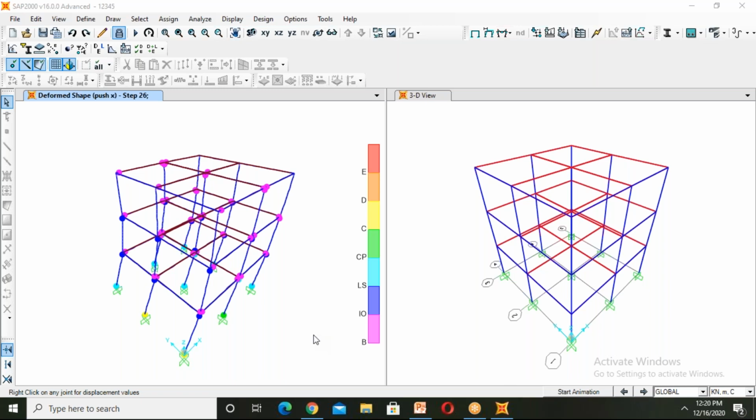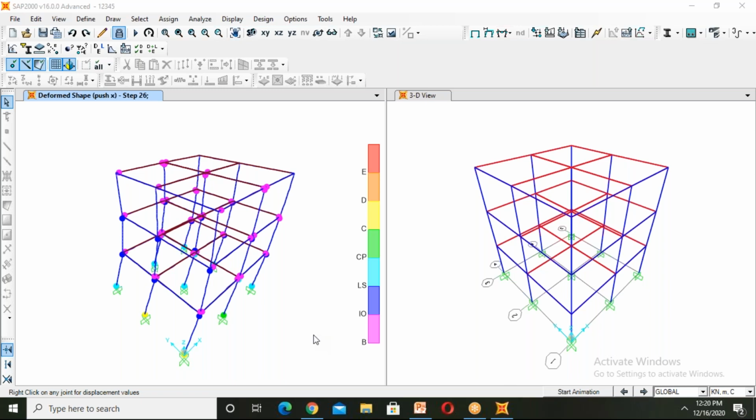This is the first case. The next case is that nowadays all buildings are normally designed as earthquake resistant buildings. Not only that, some buildings are designed as per performance based design.